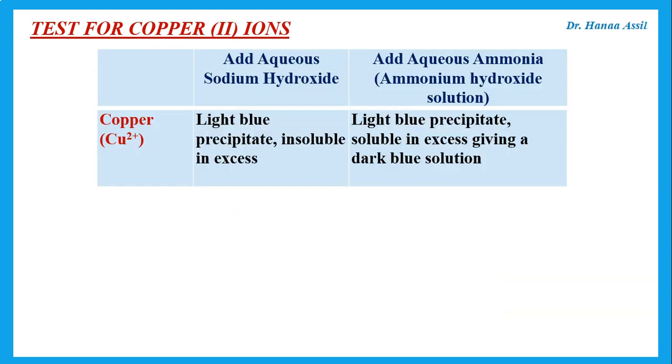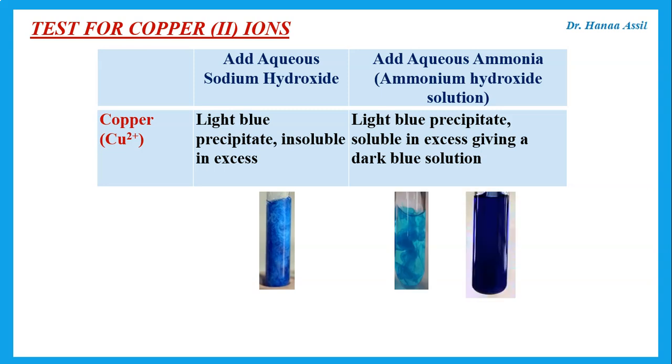Please learn all of these. You might get questions in paper 3 or paper 4 on these. Of course, these are very important for paper 6, but they are also important for paper 3 or 4. So, copper: add aqueous sodium hydroxide. With sodium hydroxide, the copper gives a light blue precipitate insoluble in excess. Please note, is it insoluble or soluble? With aqueous ammonia, I also get a light blue precipitate, but this is soluble in excess, giving a dark blue